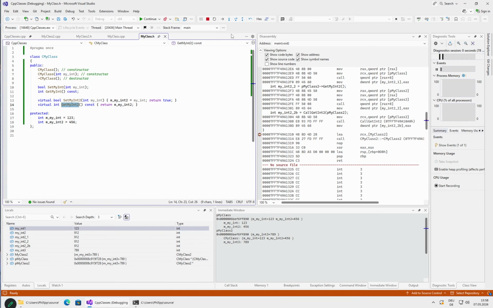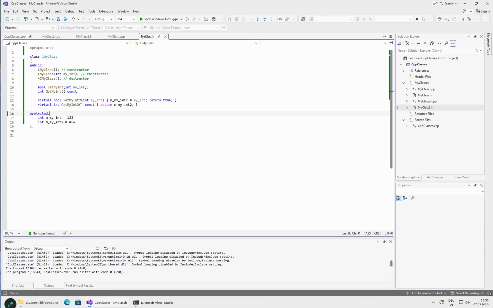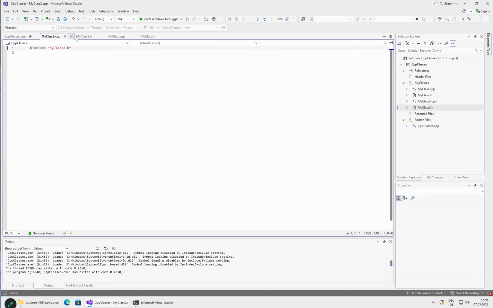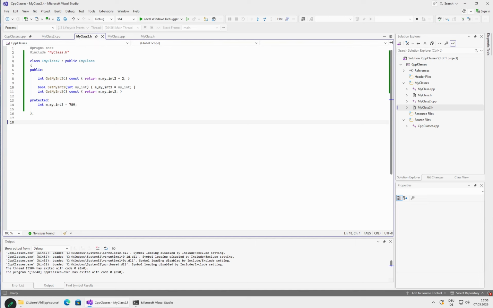Okay, so let's improve this a little bit. Let's go to our class here. So here we have not written anything. Just by virtue of this function being defined as virtual on the parent class, the compiler knows what to do here. But if we want to be very explicit, we can add